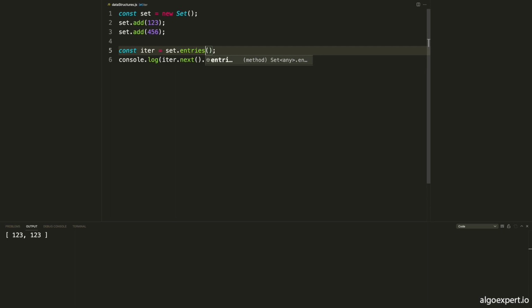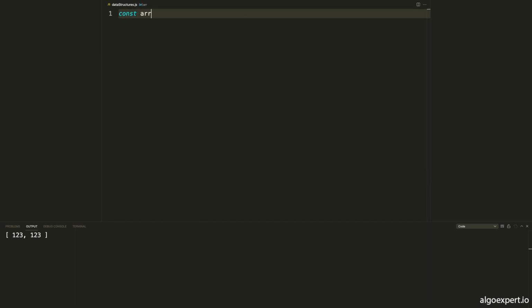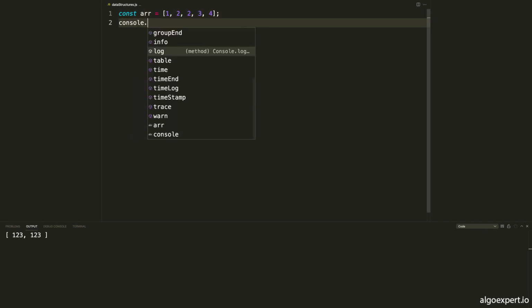Now, one useful way to use a set in JavaScript is to remove duplicates from an array. So because sets don't have any duplicates, one thing we can do is create an array first. So let's say const array, and I'll set this equal to the array 1, 2, 2, 3, 4. So this is just an array with 1 through 4, but it has 2 copies of the number 2. But then if I wanted to get the array without any duplicates, what I can do is say console.log, and